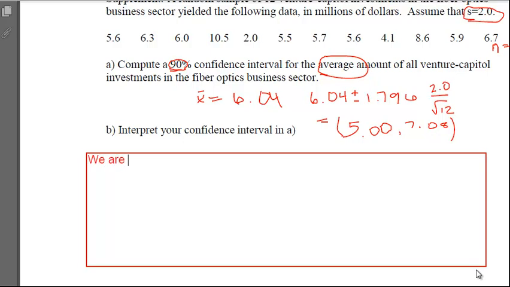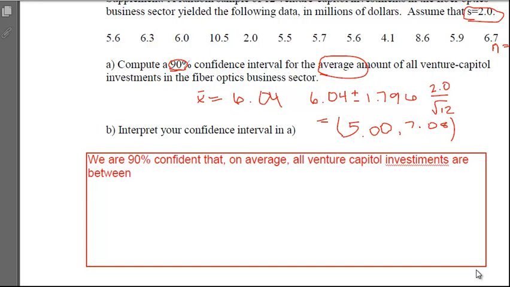Okay, so we are 90% confident that on average, all venture capital investments are between $5.0 million